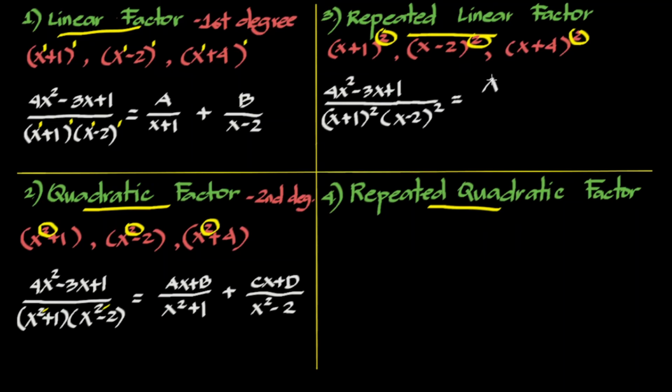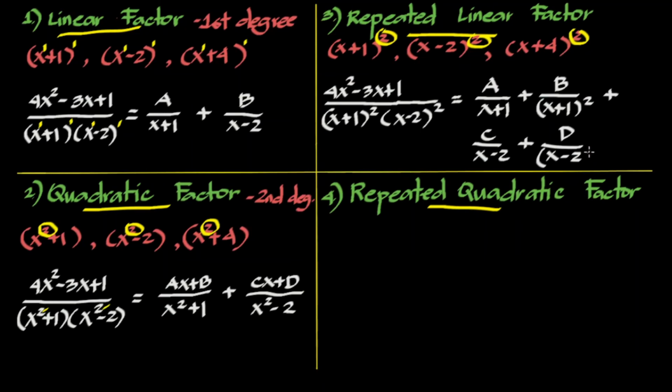We have a over x plus 1 plus b over x plus 1 pa rin pero may squared na siya. Plus, dito natin ilagay c over etong second factor which is x minus 2 plus d over x minus 2